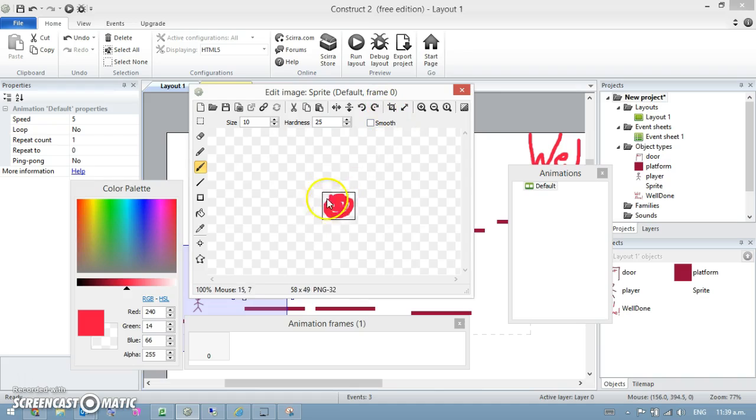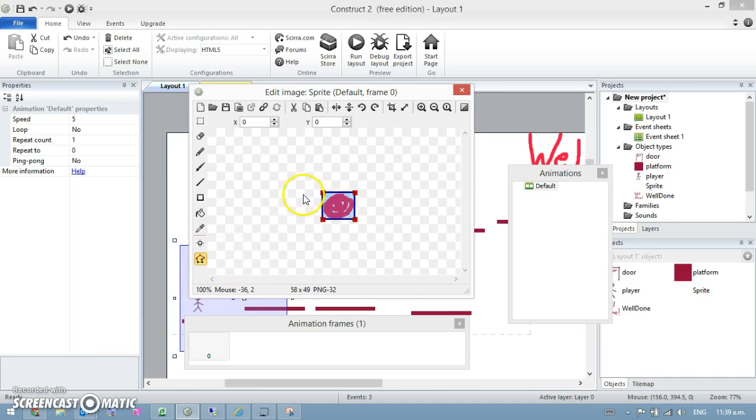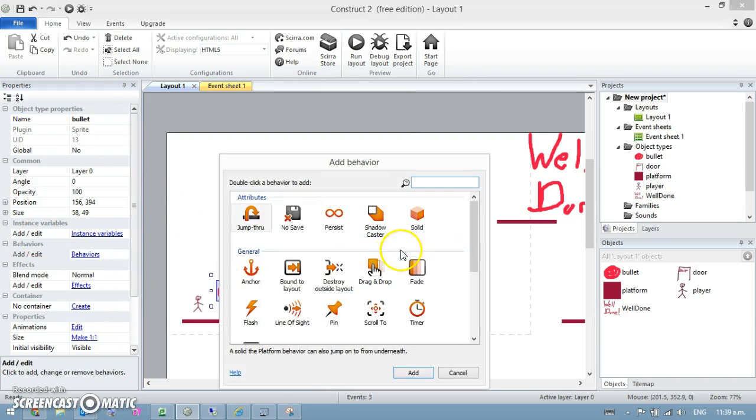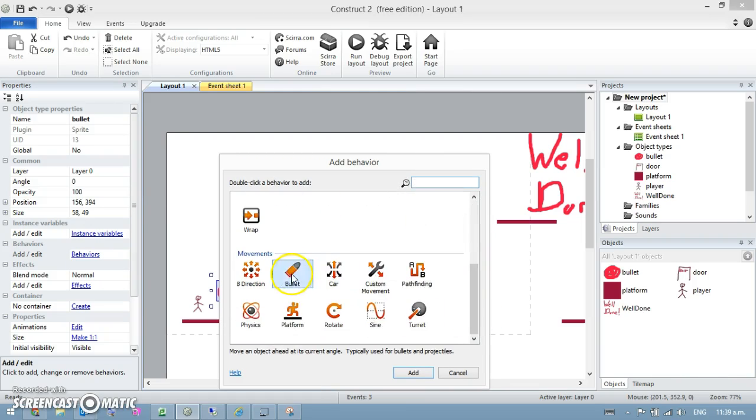Crop to size, always a good idea, especially with something that's doing a lot of collisions, like a bullet. A little bit smaller, that'll do. Needs a name, bullet. Needs a behavior of being a bullet, and the bullet is, it says down here, moves an object ahead at